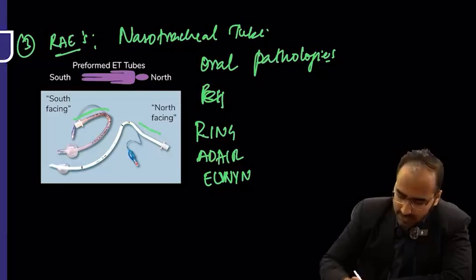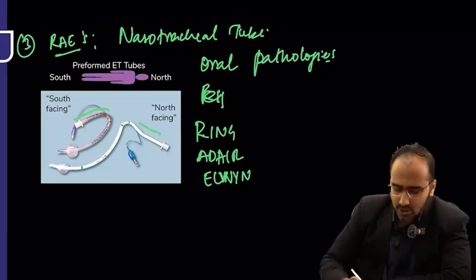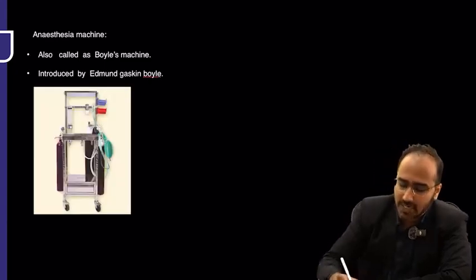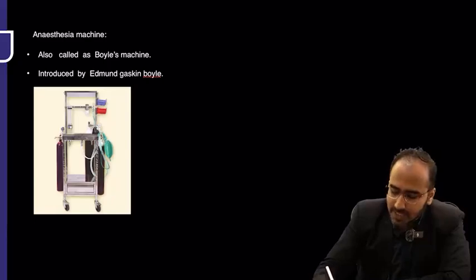Okay. Next guys. So anyways, after putting any kind of endotracheal tube, you have to give gases. How will you give gases? The gases are usually connected to a machine. The gases are usually coming from the machine. Okay? Because on the machine you are having cylinders and all. So that machine that we commonly use in anesthesia is called as what machine? The anesthesia machine or